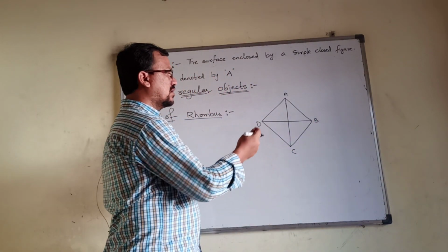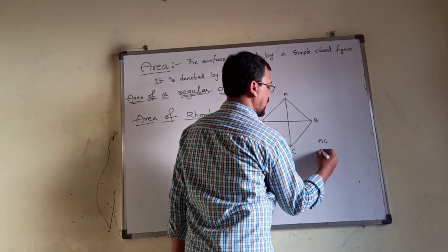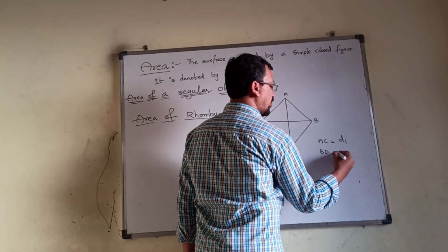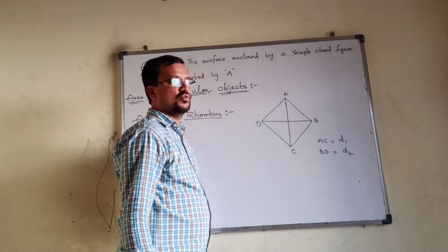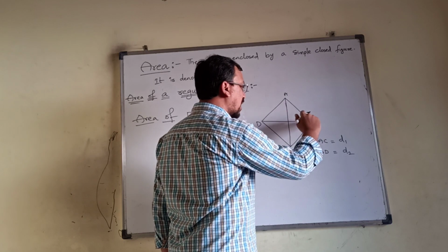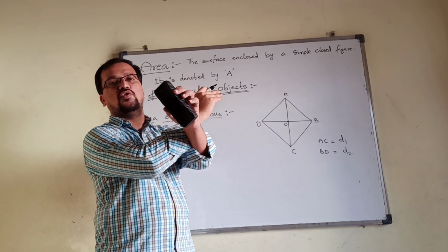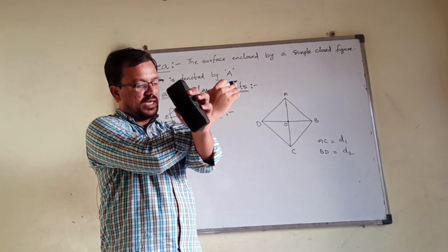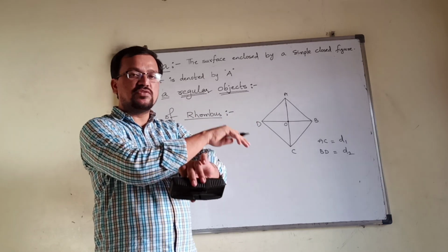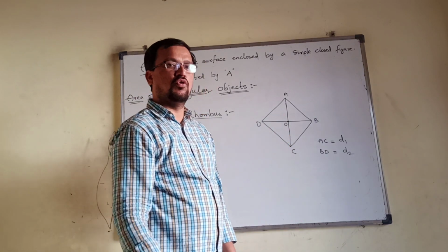And if you draw one more diagonal, here AC and BD are the two diagonals. Let me take AC as diagonal 1 and BD as diagonal 2 for our convenience. Let us take that the two diagonals meet at point O, intersected at point O. If two lines are joined in the middle, not at the ends, you can call them intersecting lines.